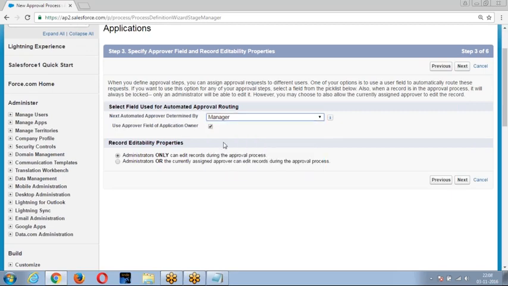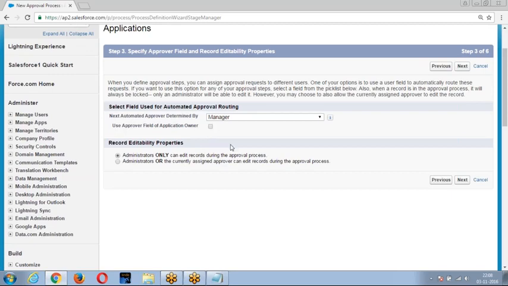If I choose manager, let anyone submit the record, but the record owner's manager is the automated approver. So if you want the record owner's fields to be considered, enable this. If you want the submitter's hierarchical field to be considered, disable this.